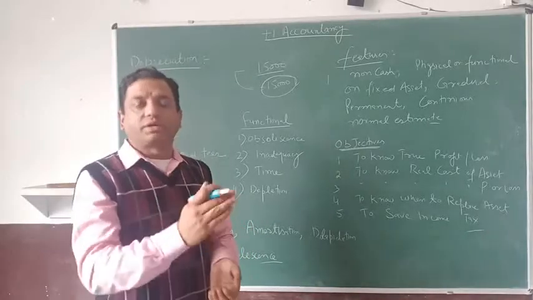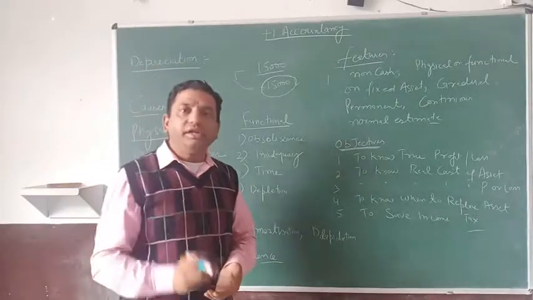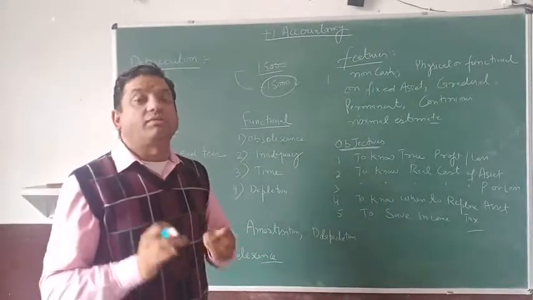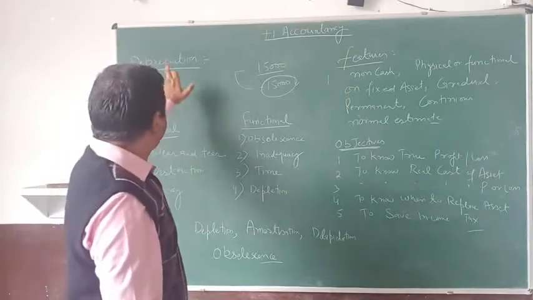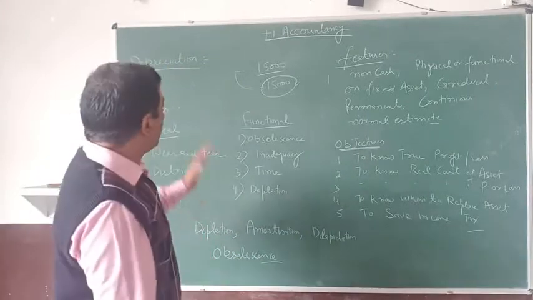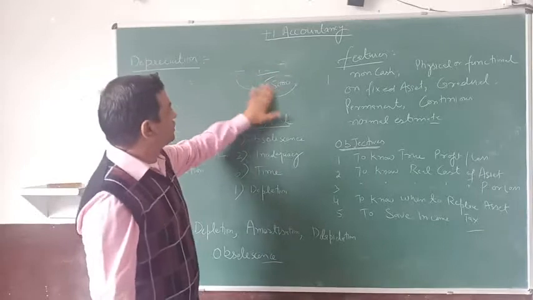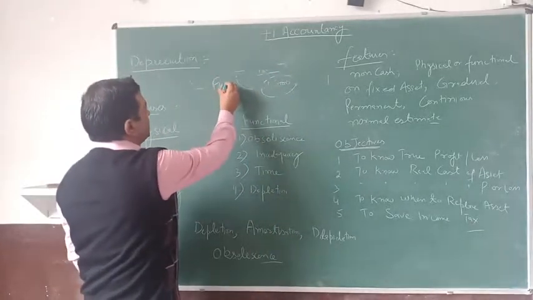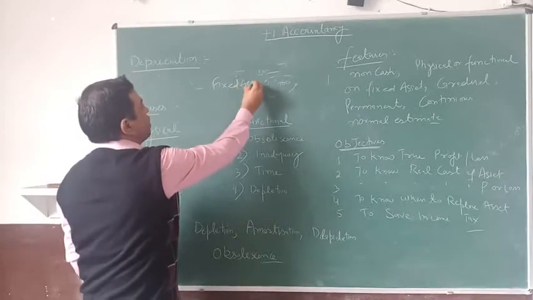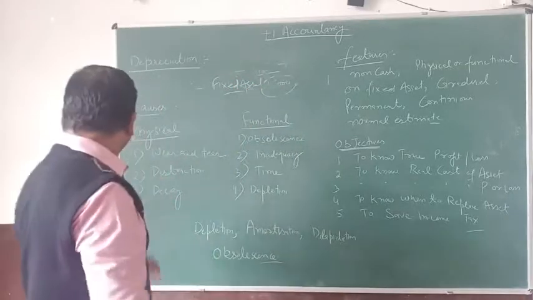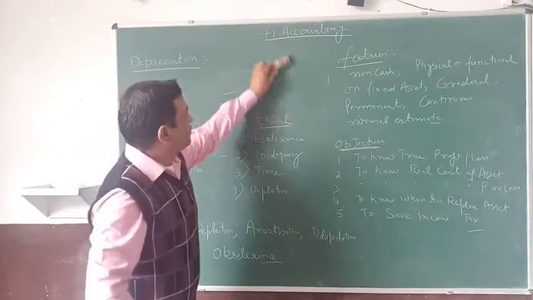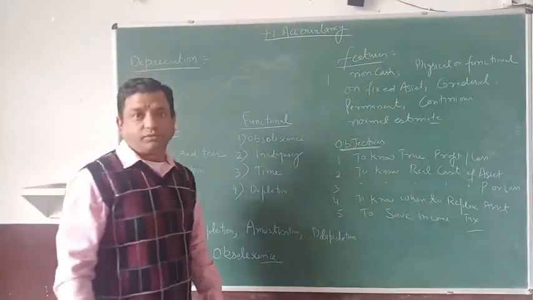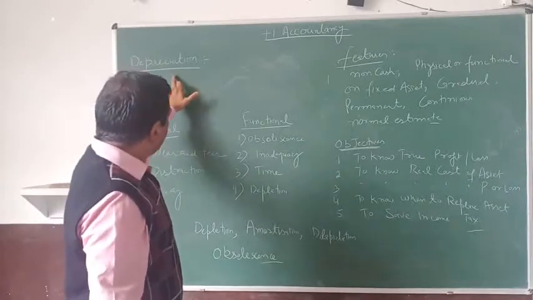Whenever the value of any fixed asset decreases, either with continuous use or because of the passing of time, that decrease or reduction in the price of that fixed asset is called depreciation. Now, in order to understand this depreciation, three things should be there. It always applies on fixed assets, means long-term assets. The assets having an age of more than 1 year, those will be depreciated, right?